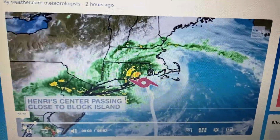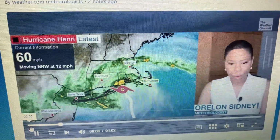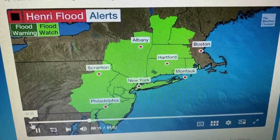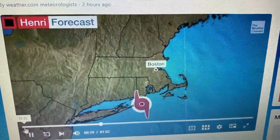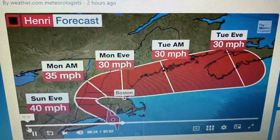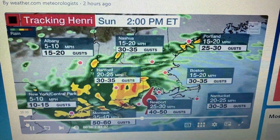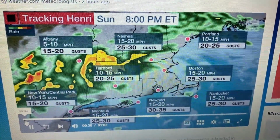Has slowed down in forward speed. Looks like we're going to see an early afternoon or late morning landfall. 60-mile-an-hour winds moving to the north-northwest at 12 miles an hour. We have flood watches in effect for a good portion of the coastal New England areas and some of those inland counties. Now, we are expecting the winds to diminish as we get into Sunday evening, but it'll still be gusty going into Tuesday. By then, we're looking for the storm to be headed towards Nova Scotia and out of the U.S. So as we head through our afternoon, we're looking for winds gusting around 50 miles an hour